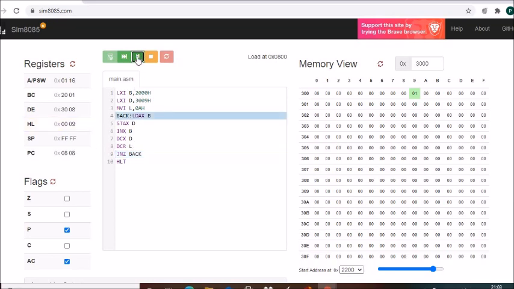Then jump if not 0 to back. So again it will see. As I am executing the loop, the data are being stored, but in the inverted form. See here, in the inverted form. Okay, the loop will run 10 times.